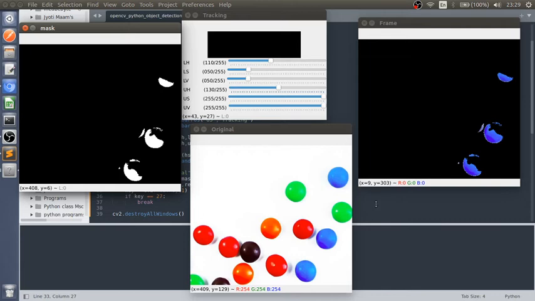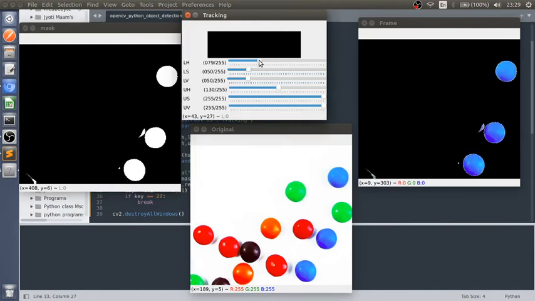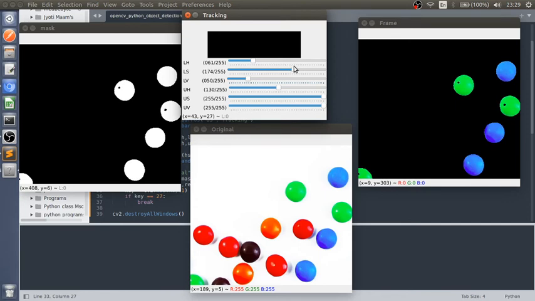Now let me detect the green color. For detecting green color, I think I have to select 61, 62. As you can see, the greens are going to be highlighted. This value is 238, then 235, 36, 37, 38.